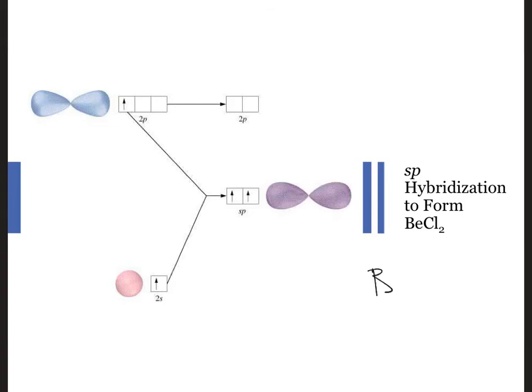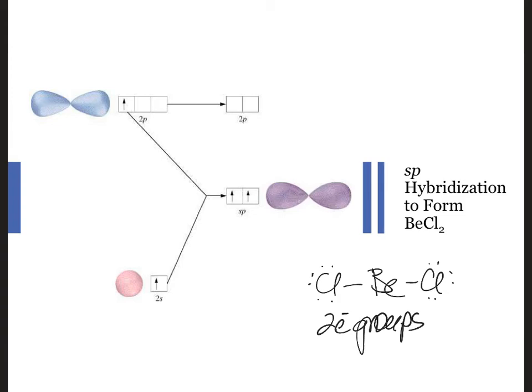BeCl2, beryllium, is also going to come in with an incomplete octet. And so if we sketch the Lewis structure for BeCl2, we see that we only have 2 electron groups. So for bonding to occur, we only need 2 hybridized orbitals. So we take 1 p orbital, 1 s orbital, we combine them together to get our 2 hybrids, and then notice that these